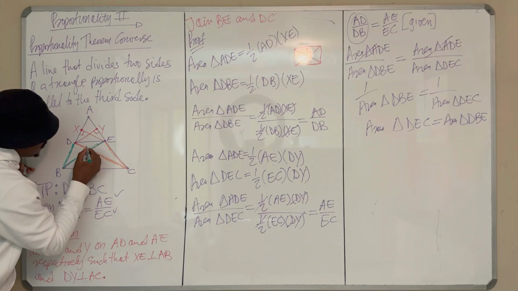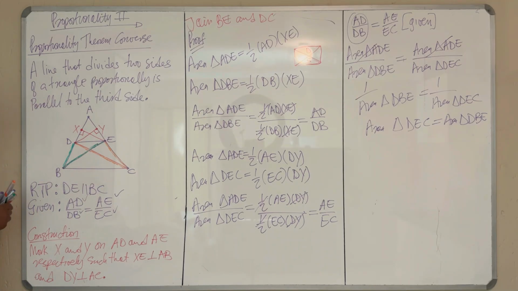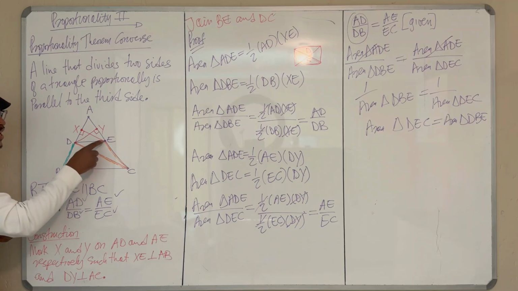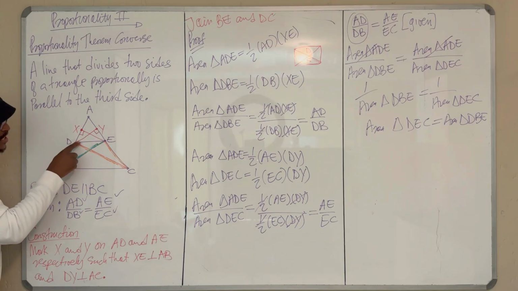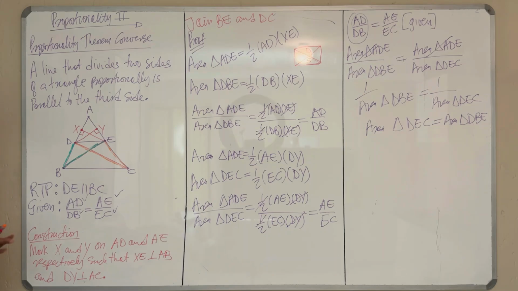Can you see? Yes. The green triangle. So we're saying the area of the green triangle DBE is the same as that of the orange triangle DEC. Are you following me? Yes. So what I'm saying now, if the area of these two triangles are the same, look, you know